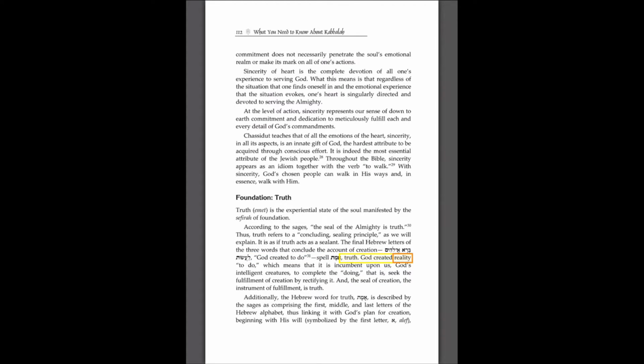God created reality to do, which means that it is incumbent upon us, God's intelligent creatures, to complete the doing, that is, seek the fulfillment of creation by rectifying it. And the seal of creation, the instrument of fulfillment, is truth. Additionally, the Hebrew word for truth is described by the sages as comprising the first, middle, and last letters of the Hebrew alphabet, thus linking it with God's plan for creation, beginning with His will, symbolized by the first letter, Aleph,